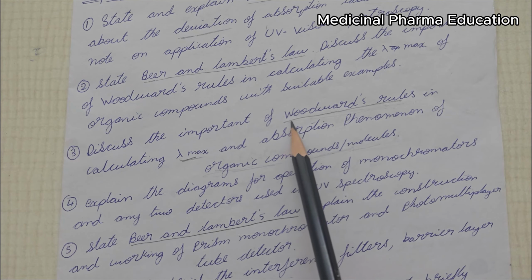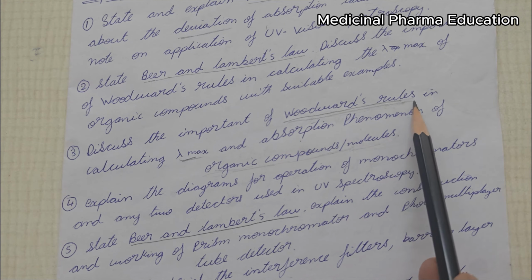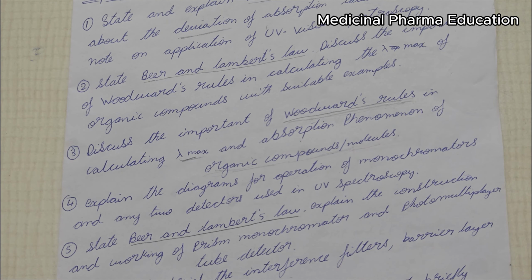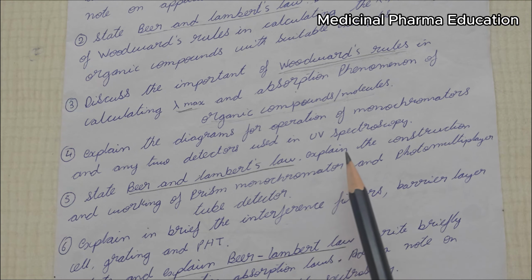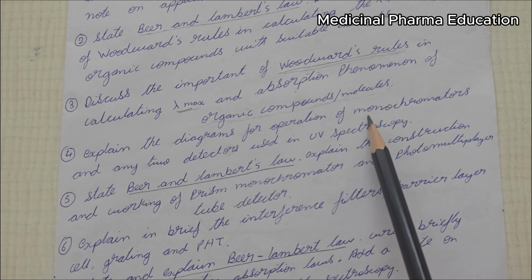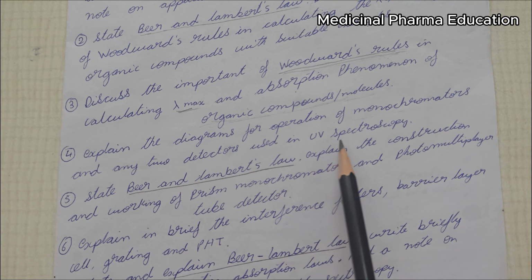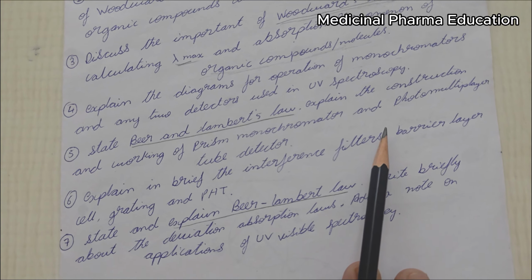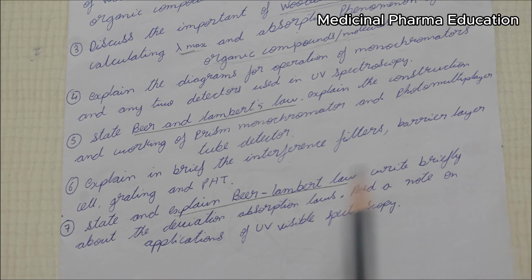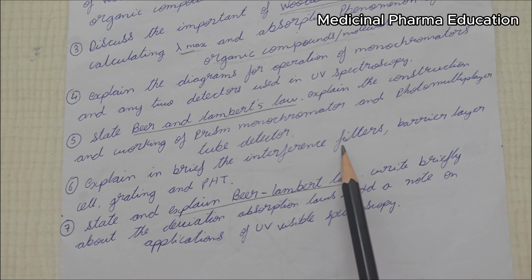This is also an important topic, and it's a very easy topic. You should remember the standard values, the parent values. It's also very easy to understand. And then the instrumentation of the UV spectroscopy. These three topics are very important: monochromators and detectors in UV visible spectroscopy instrumentation. Other questions are asked like filters,